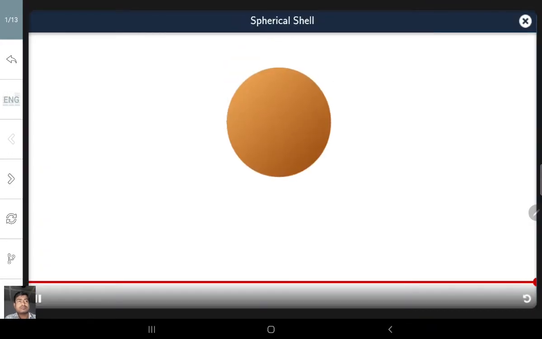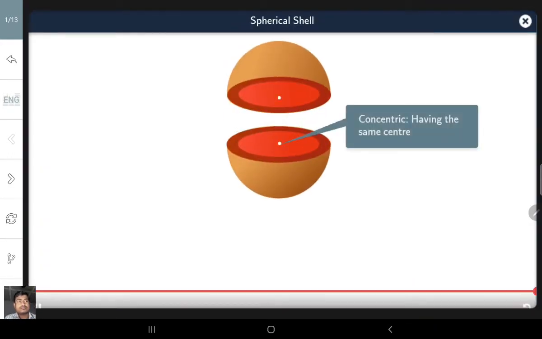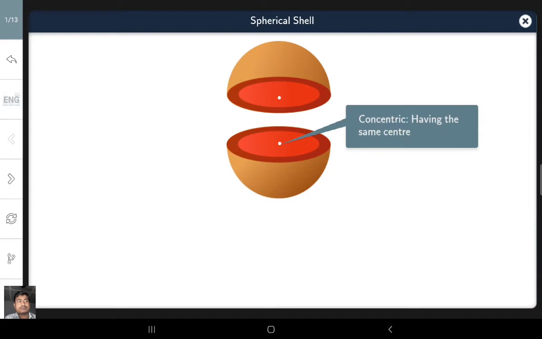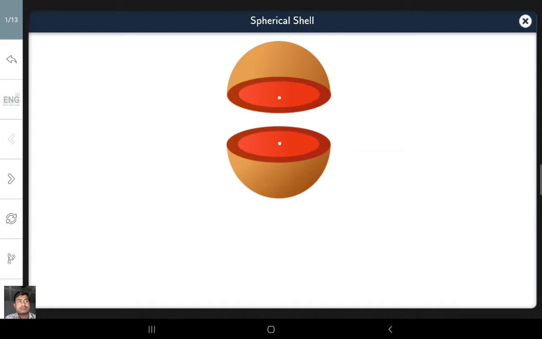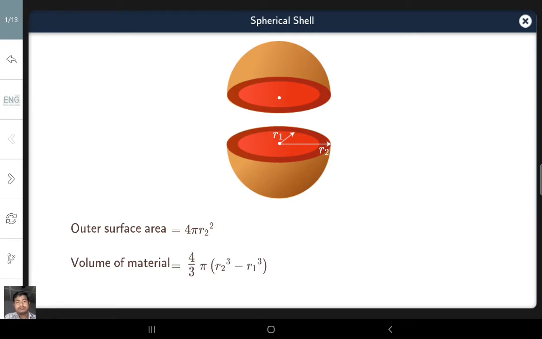The space between two concentric spheres that have non-identical radii is known as a spherical shell. Let R1 and R2 be the inner and outer radii of a spherical shell. The outer surface area of the shell is 4 pi R2 squared. The volume of the material can be calculated as